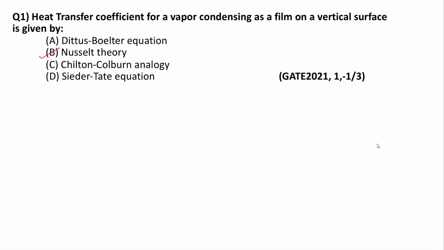Chilton-Colburn analogy is not related to this particular topic. You will be seeing this in detail in your transport phenomena course. This analogy talks about how heat transfer coefficient and mass transfer coefficient are similar. It's also known as Reynolds analogy or a j factor analogy. So if you have complete data about the heat transfer process and there is some mass transfer process also occurring in the same system.